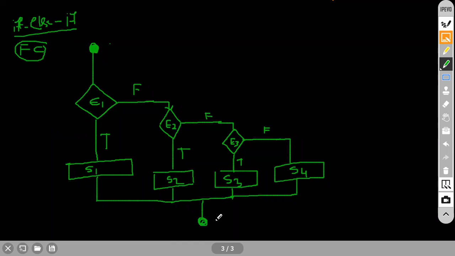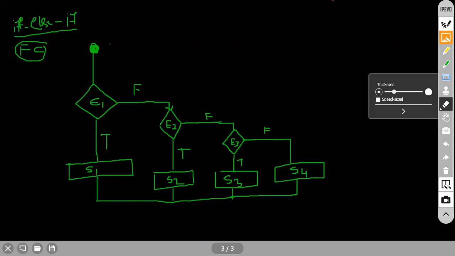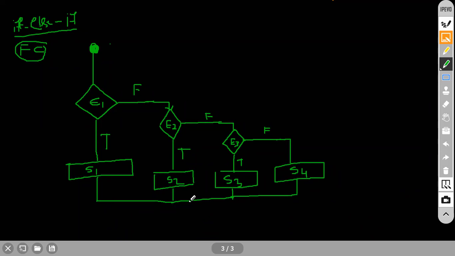Not like this, we have to change it. Just a moment, guys. So the ending should be like this. Here you have to write like this, software engineering. You have to understand the software engineering. So like this, ending. This is the starting point. Start here, and the control will exit here. So this is your if else if ladder.